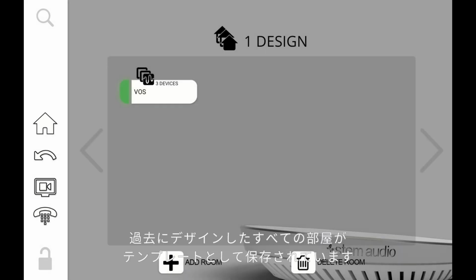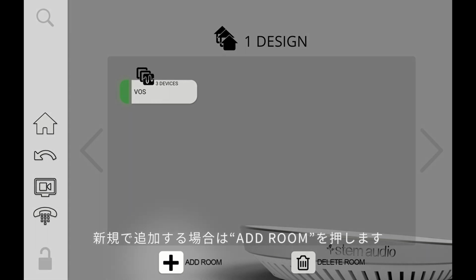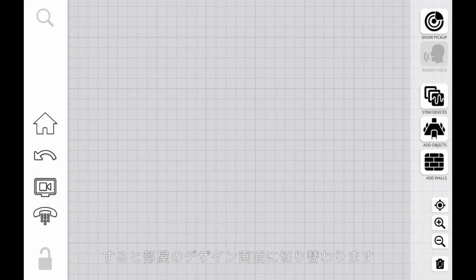When you enter that screen, you'll see a list of all the rooms you might have designed already and saved as a template. If you want to do a new room, go ahead and click that button below that says Add Room. When you punch Add Room, it's going to bring you into this screen, and now you can actually